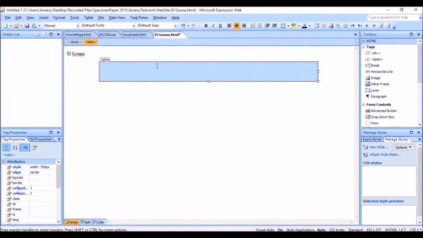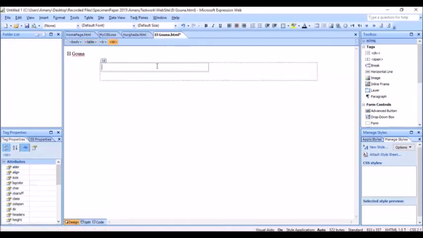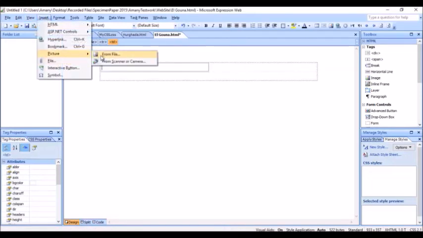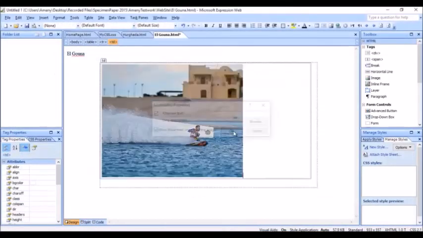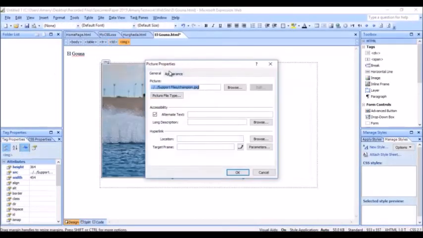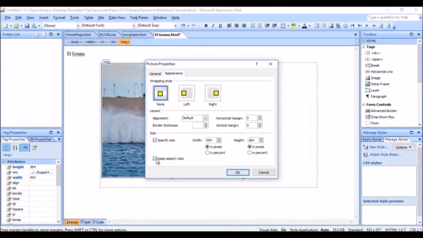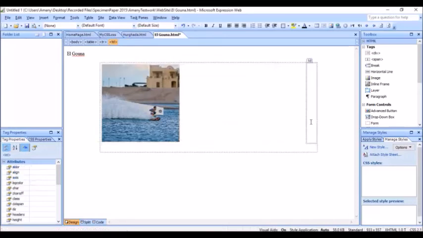Okay, exactly like this. Here I'm going to insert the champion.jpg image, so from insert picture from file, from my support files. Double click to change the width of the image. I need to remove keep aspect ratio because you need to change the width to 250 and the height to 250. Now you need to add the heading El-Haggan Cable Park